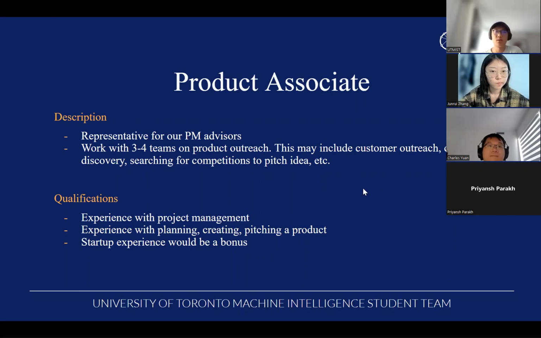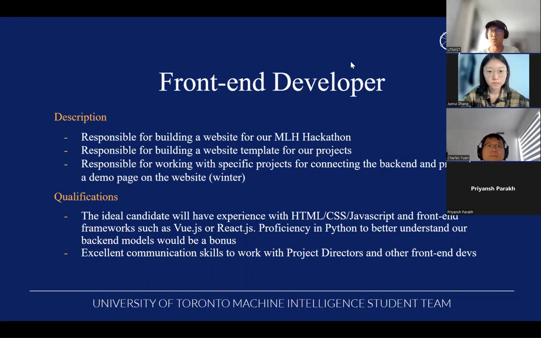And the third role is a new team of front-end developers. Because in the past few years, all the projects were responsible for the websites themselves. And we're hoping to reduce the burden on each of the directors and developers when it comes to product outreach. So this year, we are trying to build a team of front-end developers, and there are 3 main responsibilities over the